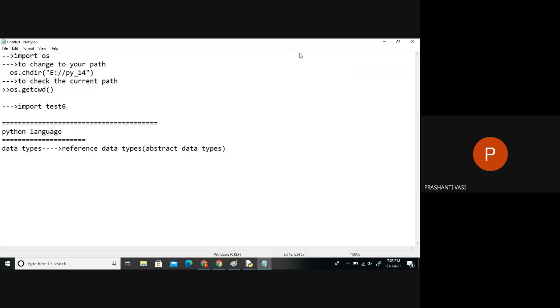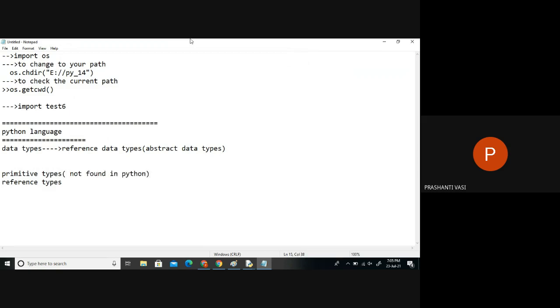Let me discuss first: in every language, we have two categories, primitive types and reference types. Now, primitive types are not available in Python.